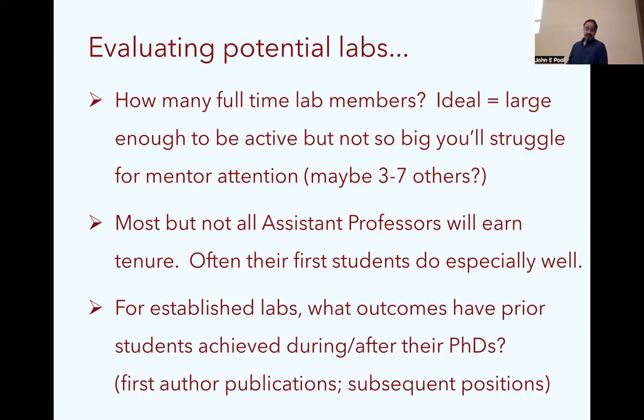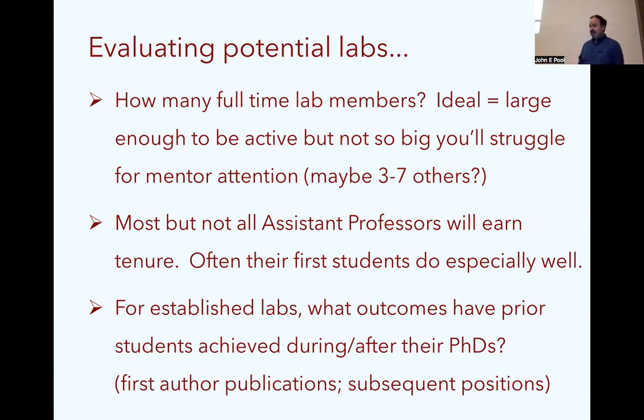And then, on the other side of the scale, if you're considering labs of professors who have been around for a while, especially if someone's title is just professor, if they're not assistant or associate professor anymore, they probably have previous PhD students who have moved on. And so by that point, it could be interesting, if you're super interested in the lab anyway, you don't have time to do this for every lab, but it could be interesting to get a sense of who are the previous PhD students. Often they'll be listed on the lab webpage, in a little alumni section.